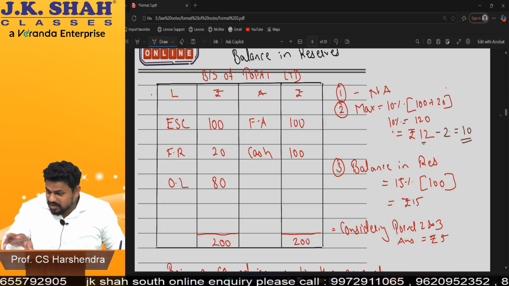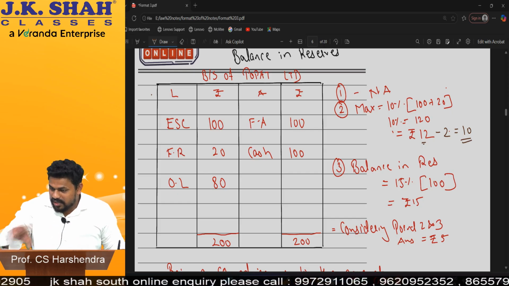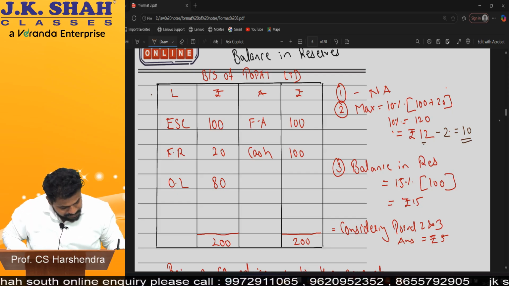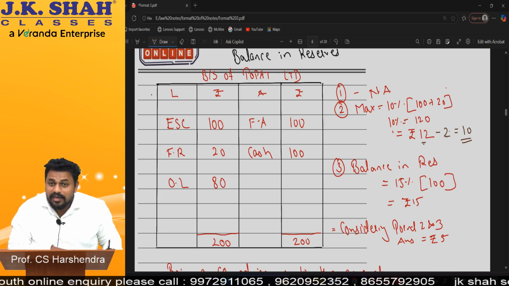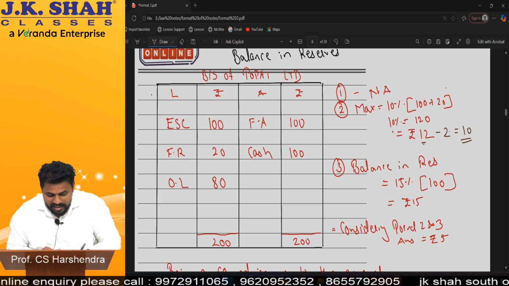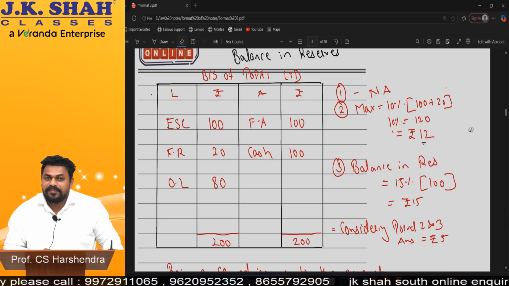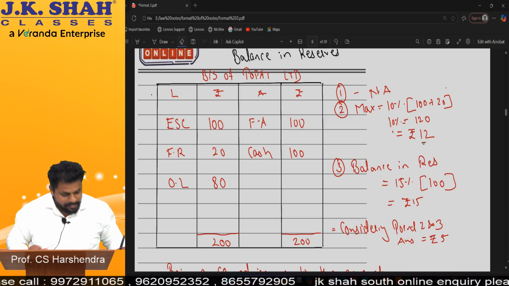Understood? I was confused because your PYQ, I did not understand the last one. Okay. Clear? So whatever answer you get, the loss is there, from the second point deduct that. I am not writing here because you will be confused when you see the notes. That is the reason. That question we will also do, don't worry.